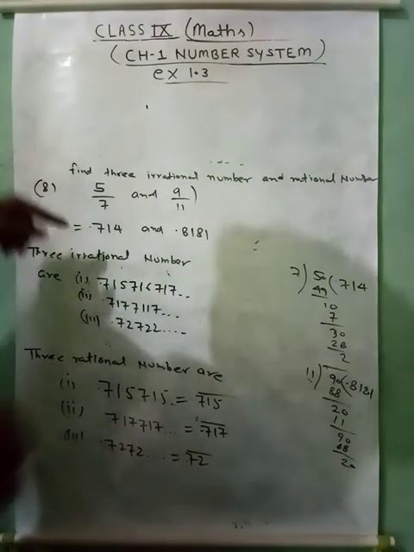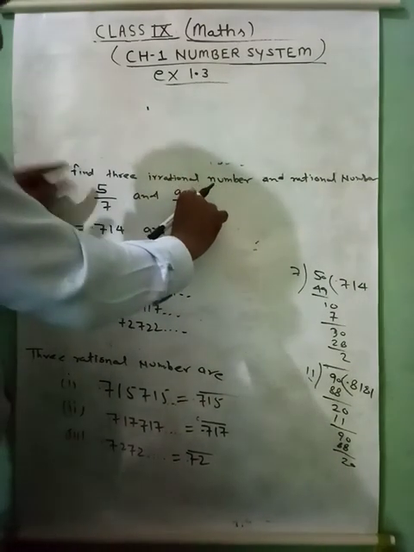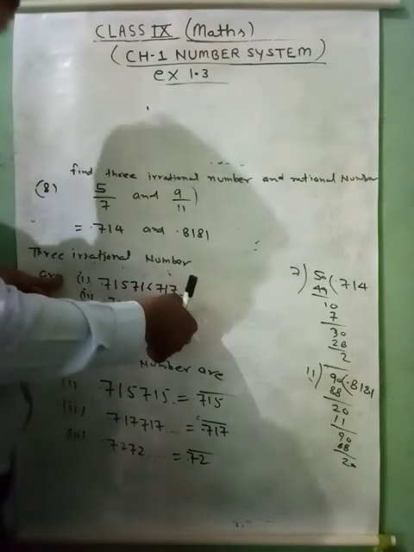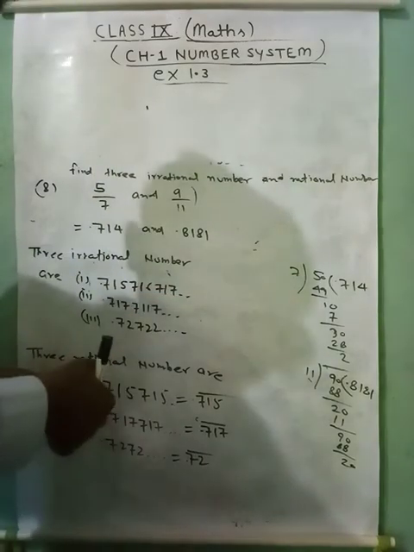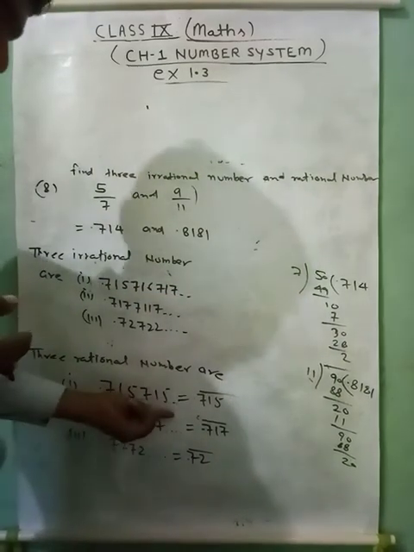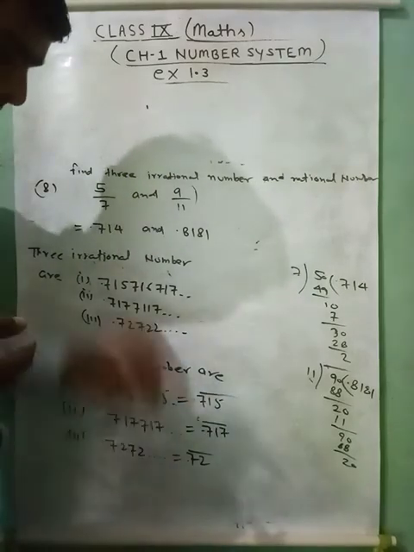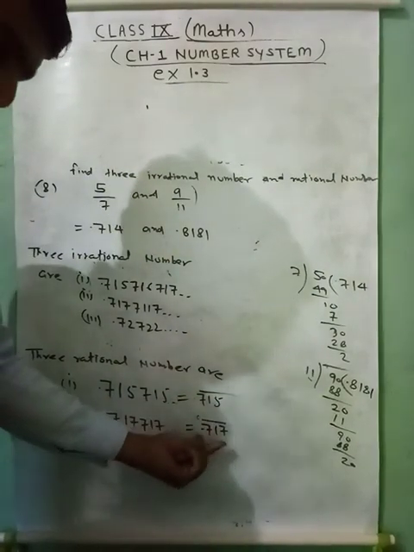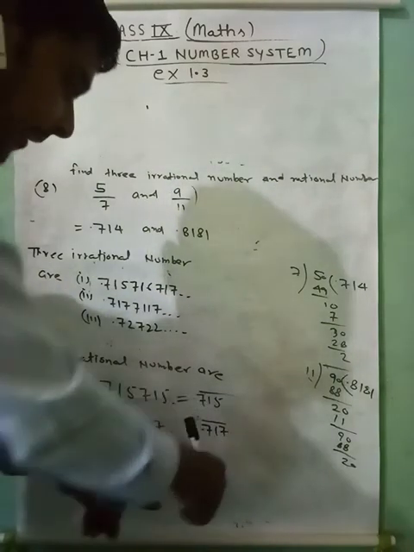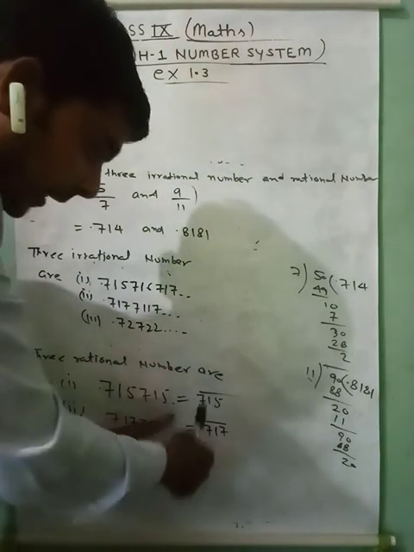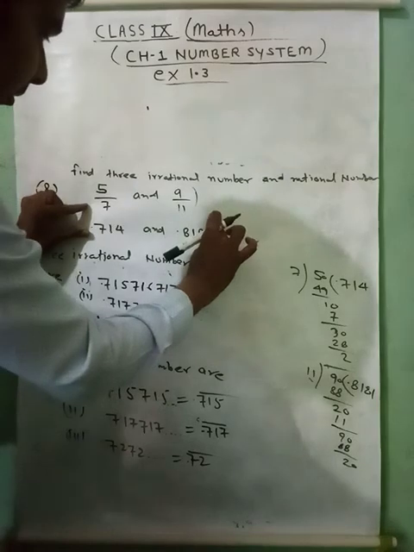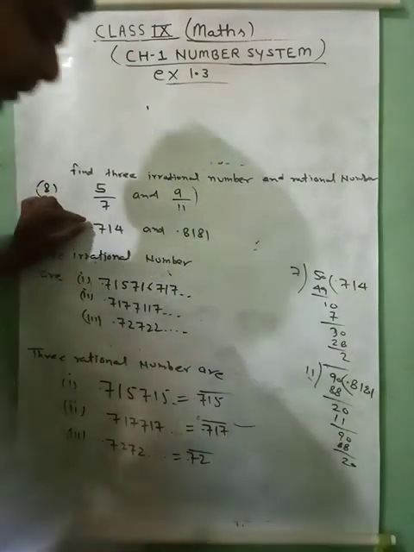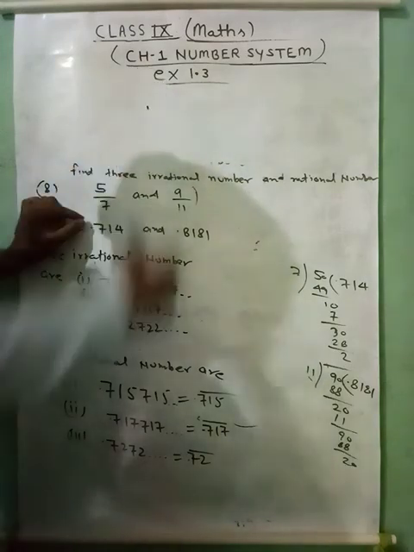So we can see here between them there are 3 irrational numbers which are non-terminating, not recurring, and 3 rational numbers which are non-terminating but repeating, because here 3 digits are repeating, here 3 digits are repeating, here 2 digits are repeating, and the numbers which we have taken are between both. Clear? Always remember. So you have to do this exercise.